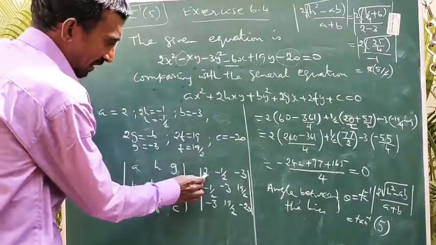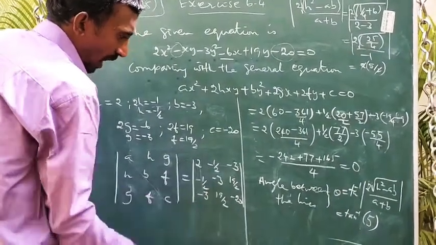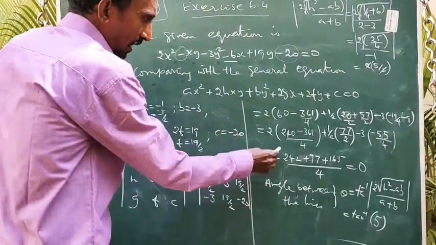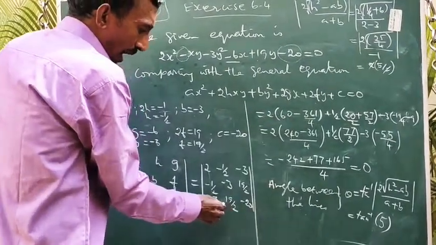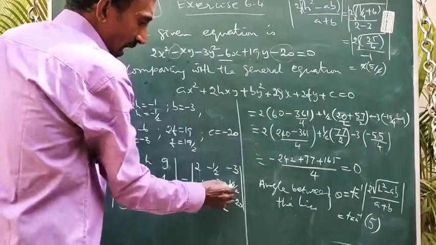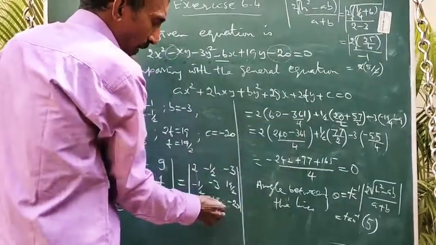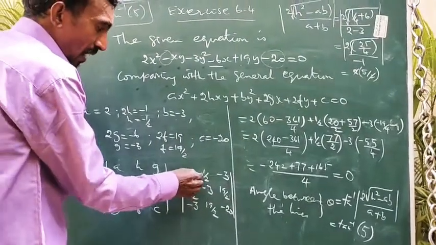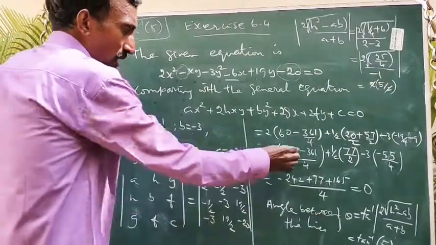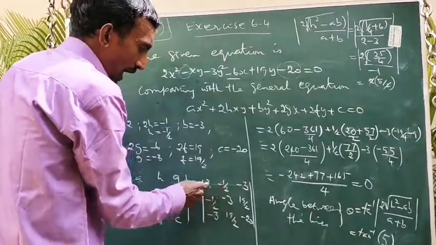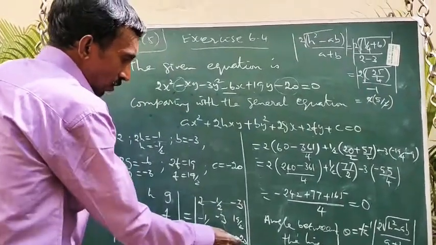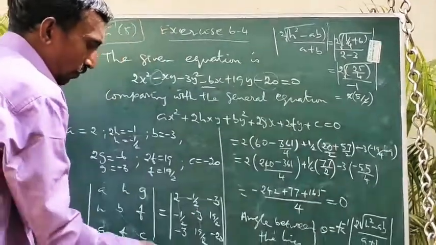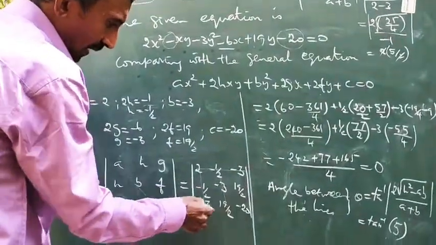If you are taking the first element, delete that row and column. First cross minus second cross. So minus 3 into minus 20, plus 60. So minus, we have to put minus 19 into 19, 361 by 2 into 2, 4. Okay. Second element, we have to put a minus. So here already one minus is present. So plus 1 by 2 into, delete that row and column, so minus 20 into minus 1 by 2 plus 20 by 2, and second cross.